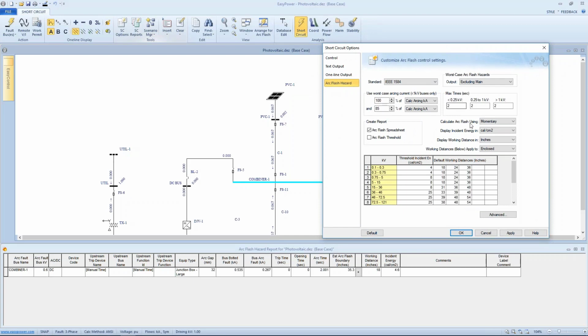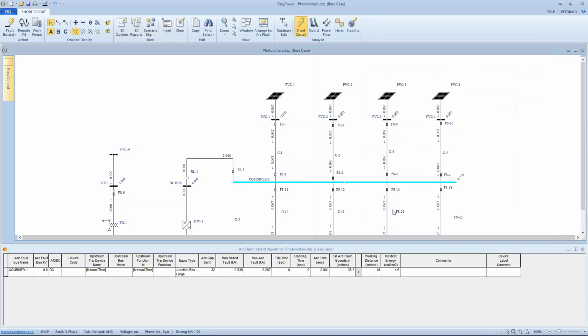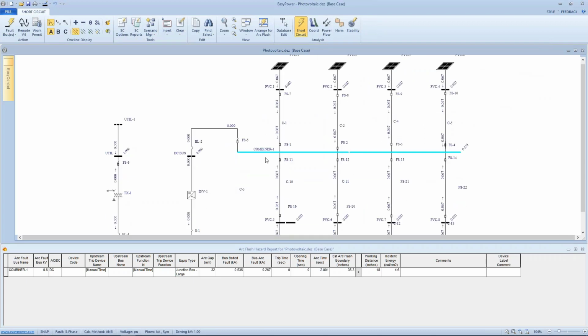And so in EasyPower, there's the ability to use the integrated method, which allows us to use half cycle current for the first half cycle, 5 cycle current for the next 5 cycles, and then 30 cycle current or steady state for the balance of the time. Well, in DC, without any reactive components that are contributing over time, the DC component all stays the same. And so what we see is this 267 amps that's going to be continuous through the full 2 seconds